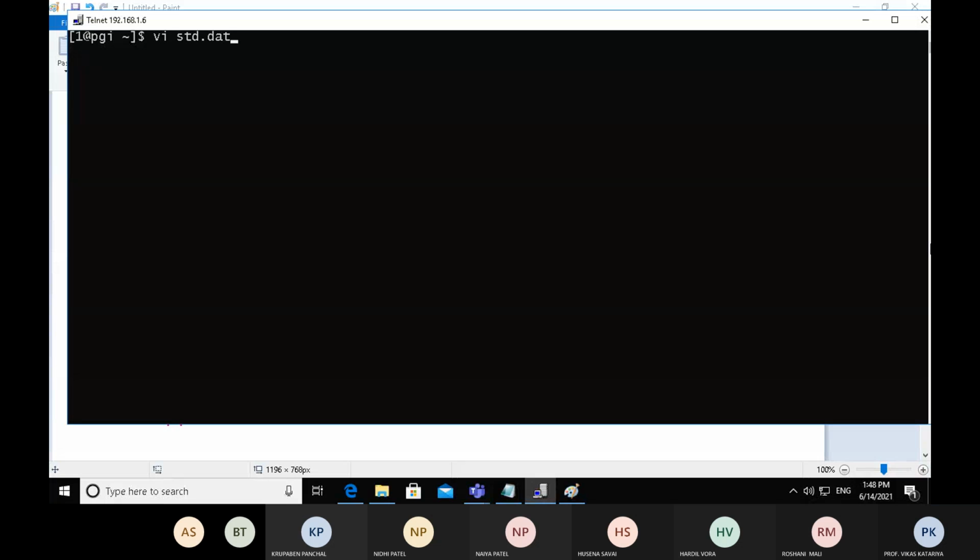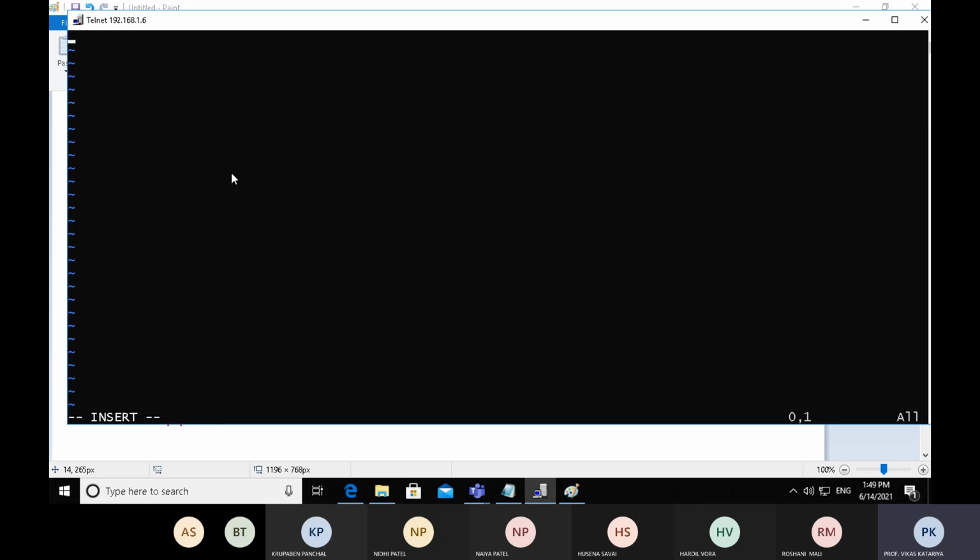This is the vi editor, but it is in command mode. You cannot type anything here. So in order to type anything, you have to press I on your keyboard.